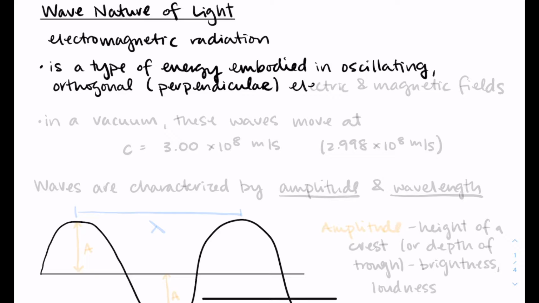In a vacuum, these waves move at the speed of light. So we'll use 3 times 10 to the 8th meters per second as a good enough approximation for the calculations that we do. If you go out an extra decimal place, it's 2.998 times 10 to the 8th